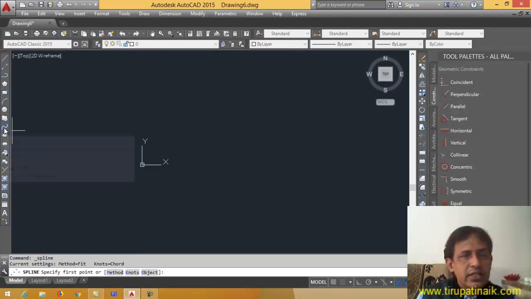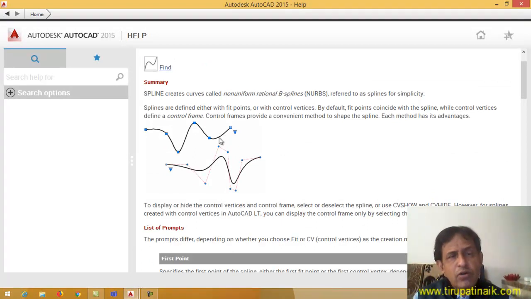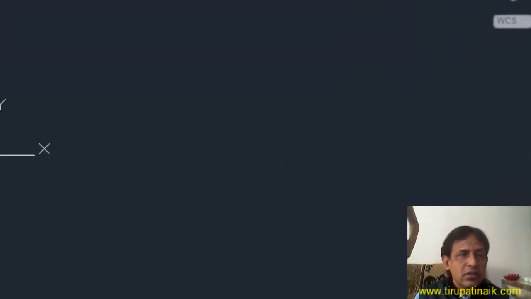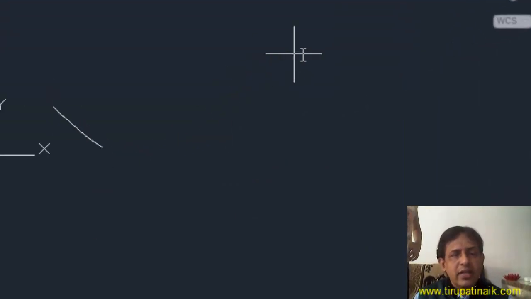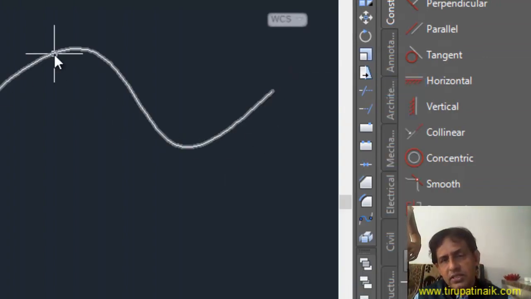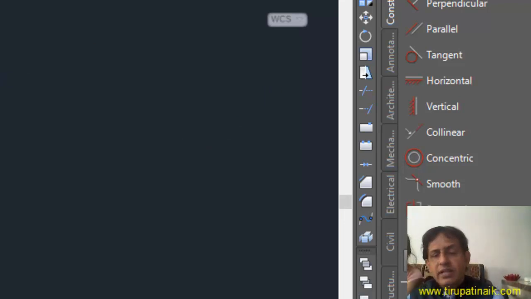Next we will see how to create a spline curve. Okay, so this is a spline curve. In this spline curve, it is used for creating a simple curvature for creating a 3D object. Okay, so this defines the various spline curves for creating various objects for surface modeling. To be used this kind of command. So that's also we can learn. So now here in spline command, go to the spline and we can use the first point to define here, and then second point, third point, 4, 6, 7, 8 like this. So you can create a smooth curvature. So that is called the spline command.